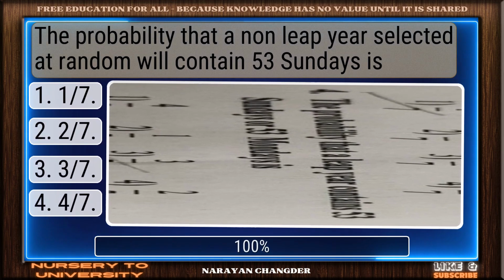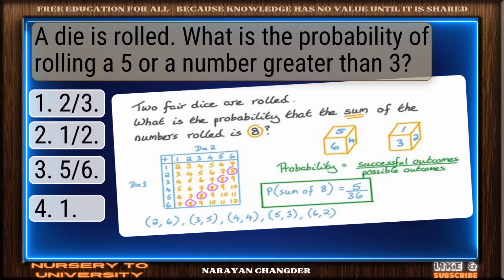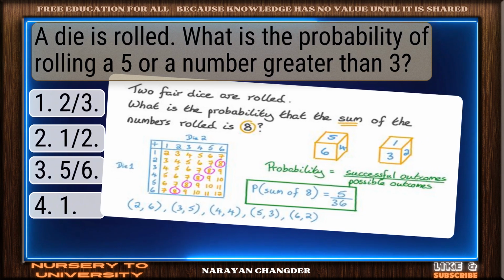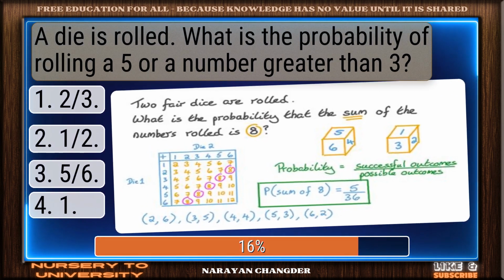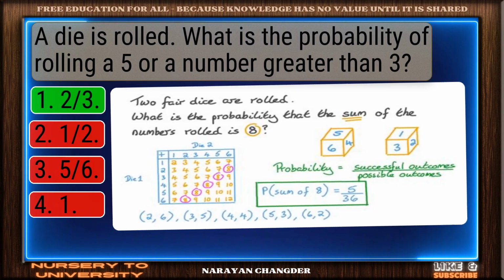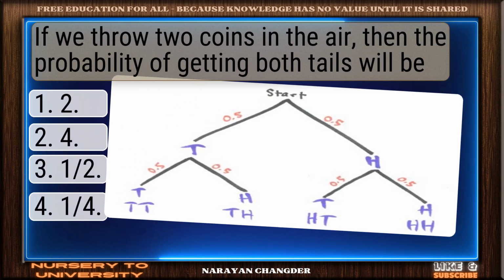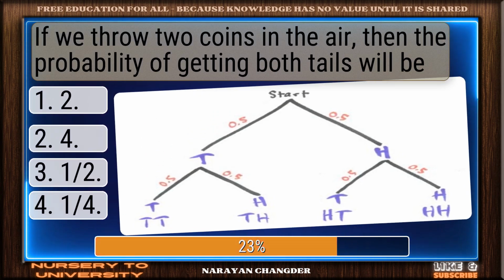Correct. 1/7 is spot on. A die is rolled. What is the probability of rolling a 5 or a number greater than 3? Good thinking. 2/3 is right. If we throw 2 coins in the air, then the probability of getting both tails will be